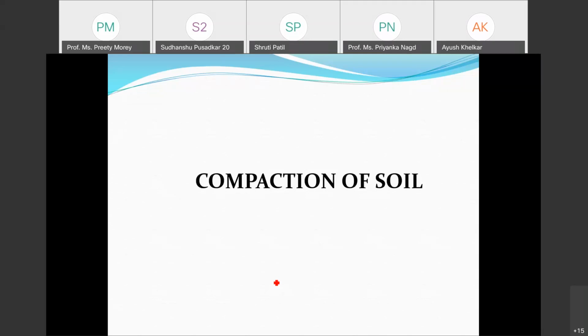And hence, the soil should be compacted to its maximum extent, because everyone has a maximum capacity. Similarly, the soil has its maximum capacity to compact. So I have a task to identify the extent to which I can compact the soil. To identify this, we find two parameters. One is called maximum dry density, that is MDD, and the other parameter is the optimum moisture content